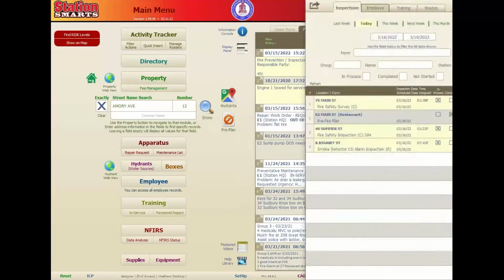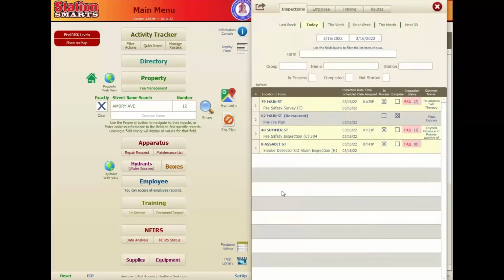But we also have, as I showed you, the information console, which basically works like a to-do list for inspections. So once they're created in the property record, they show up here. And then this becomes the place that inspectors use, because typically the scheduling is done by an administrative assistant or clerk or something, at a previous date. And then when you actually get to today, this is the list of inspections that you're actually going to be